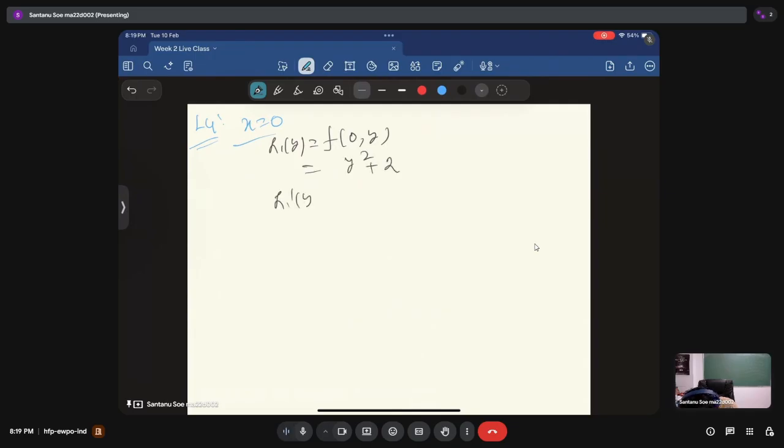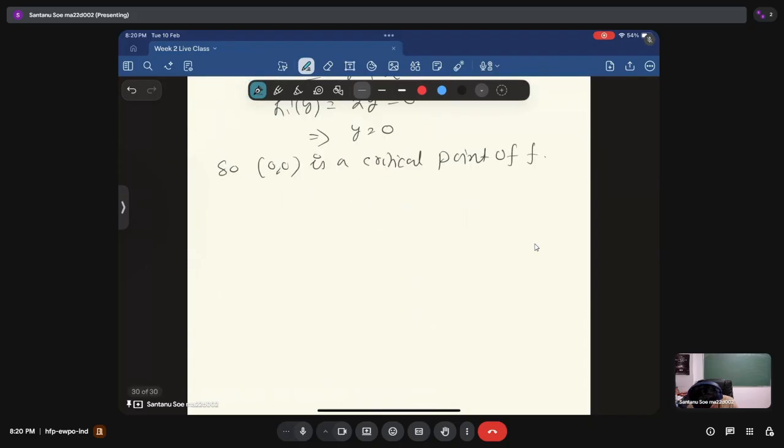So h1 prime of y will be 2y, and equals to 0 will imply y equals to 0. So 0 comma 0 is a critical point of f. Okay,